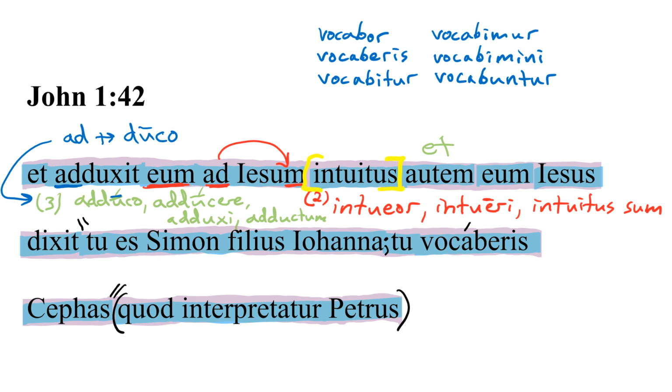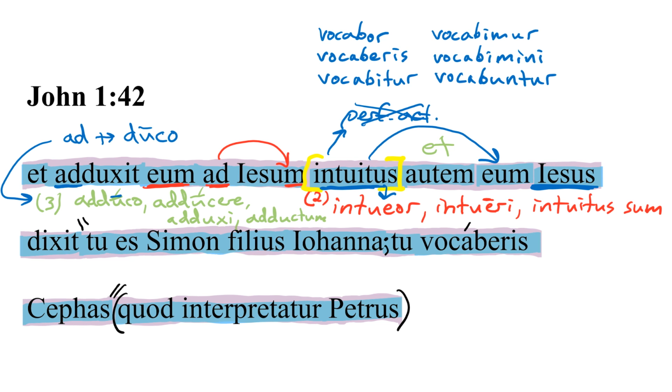Now, this is a perfect passive participle formed from the second conjugation deponent verb, that is a verb that has passive forms but active meanings, intueor, intueri, intuitus sum. Here, this is functioning almost like the equivalent of a perfect active participle in Greek. But remember, we don't have those in Latin. But since this is a deponent verb, you can sort of get away with it, since the meaning of all of the forms of this verb, insofar as it's deponent, are active, even though the form is passive. So the form here is that of a perfect passive participle, but the meaning is active, so it functions like an active perfect participle. Therefore, Jesus, having looked upon or regarded him, that is Simon, said, now we have a